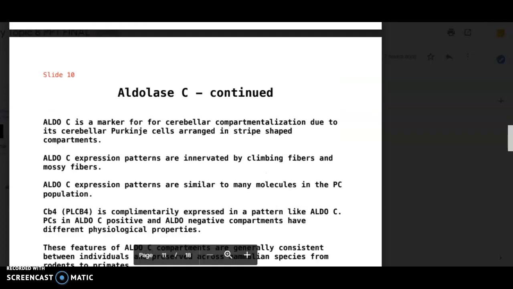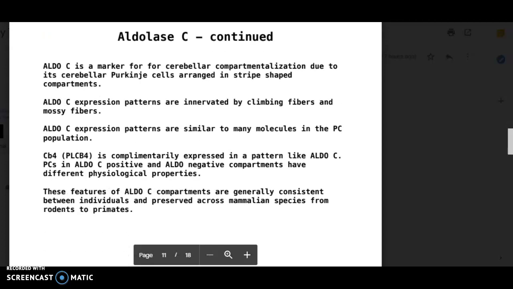Continuing on with aldolase C. Aldolase C has long been used as a marker for the study of cerebellar compartmentalization due to its specific expression in distinct subpopulations of cerebellar Purkinje cells that are arranged in functionally significant longitudinal stripe-shaped compartments. Each longitudinal compartment, determined by the striped aldolase C expression pattern, is innervated by climbing fibers originating from a specific subarea of the inferior